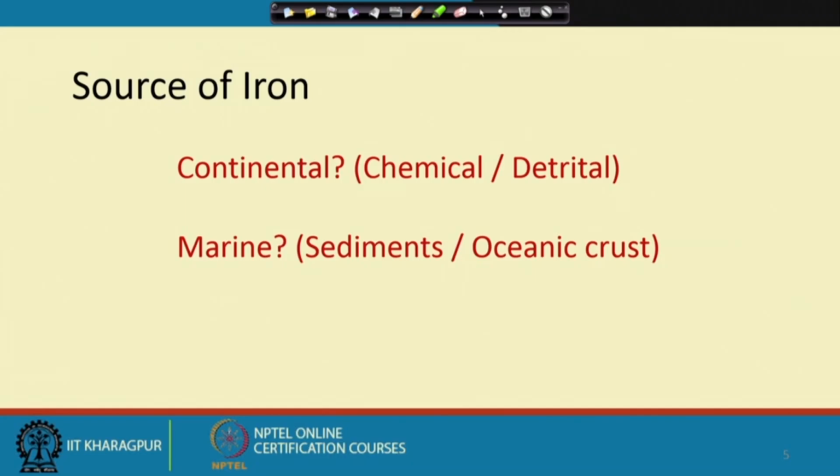But that could possibly be accommodated, because the atmosphere was more corrosive and more iron was dissolved in the surface water. Still, the mass balance constraint will always be a concern. The other possible source is marine, that is, the sediments deposited in the marine basins. It could be the marine sediments that are getting deposited, or it could be the oceanic crust. Again, we can do some calculation on the possible sources from the seawater, because